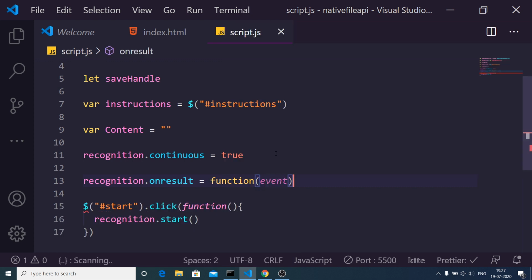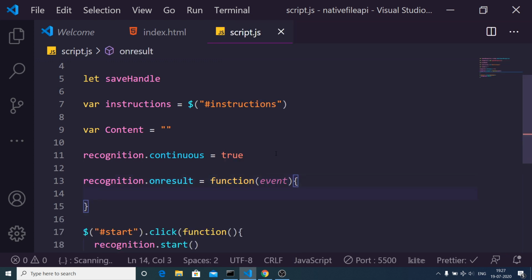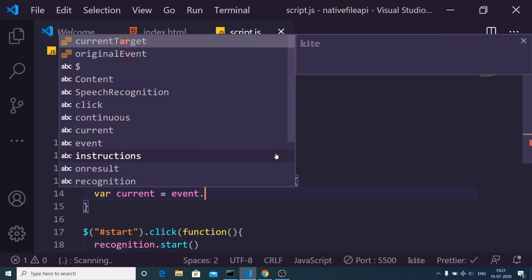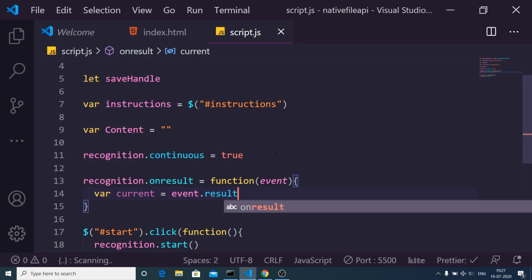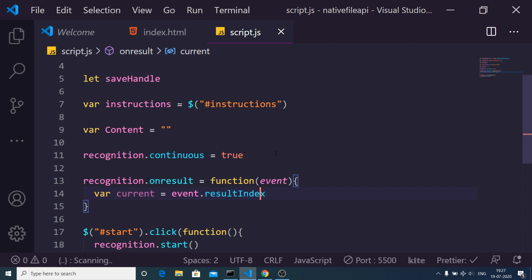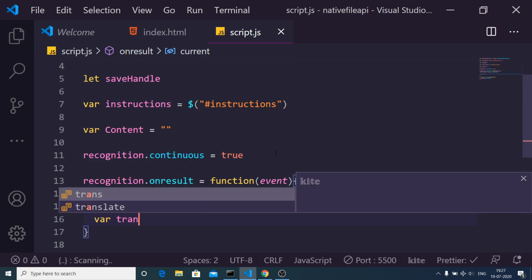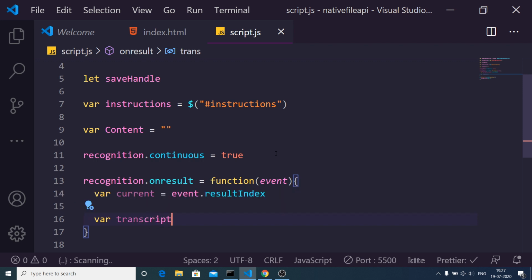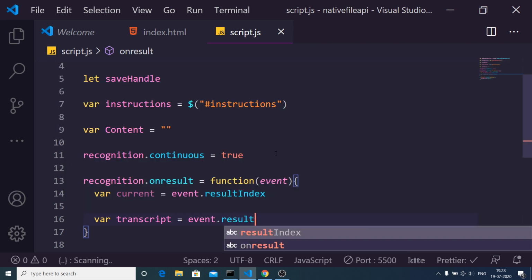This will hold the event, and inside this, this is standard code of the Web Speech API. If you search for the documentation, you will get this code. event.resultIndex. After getting the result index, we need to get the transcript. Transcript will be equal to event.results.